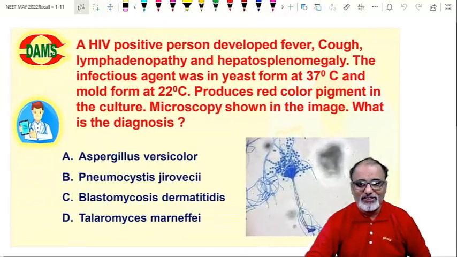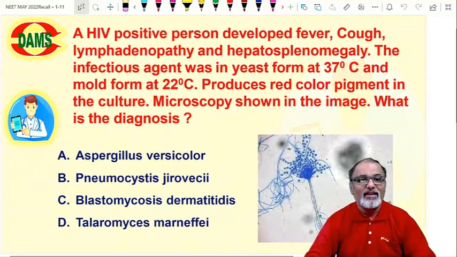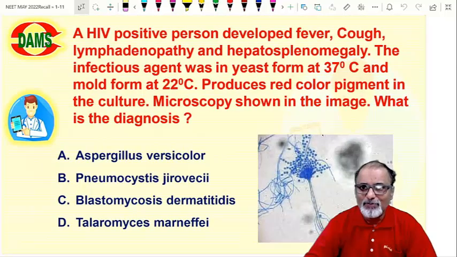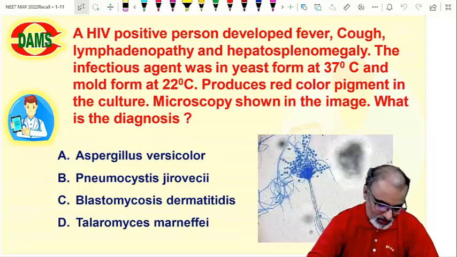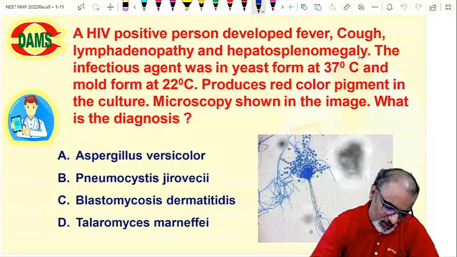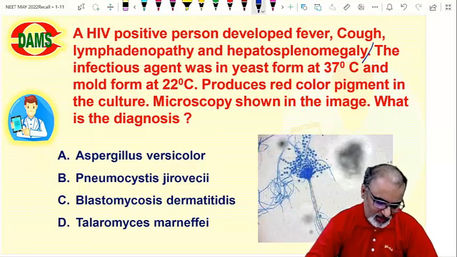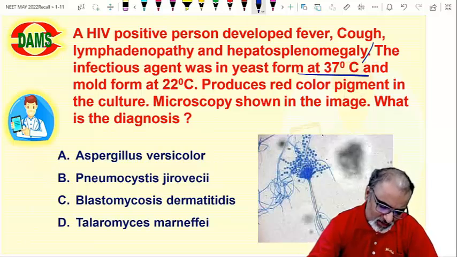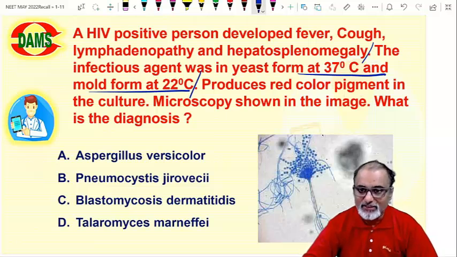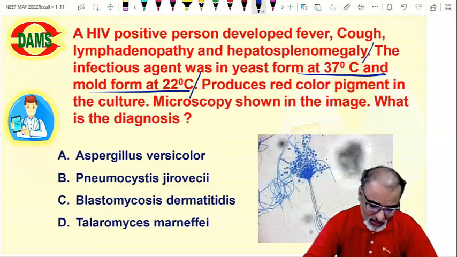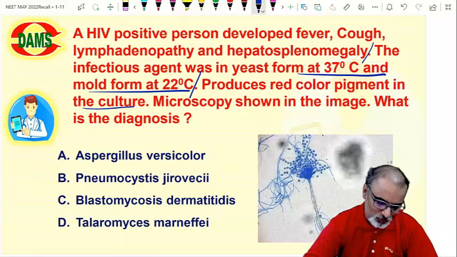I'm giving justification to the answer. A HIV positive person developed fever, cough, lymphadenopathy and hepatosplenomegaly. The infectious agent was yeast at 37, mold at 22, so it is called dimorphic fungi. It produces red color pigment in the culture. That's another clue. Microscopy shows